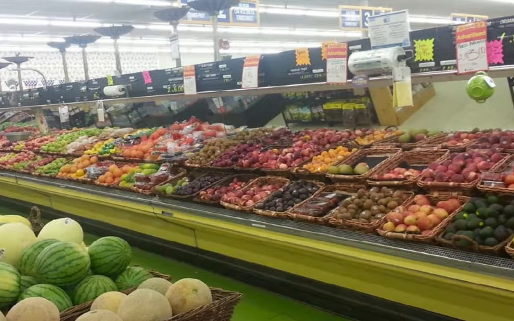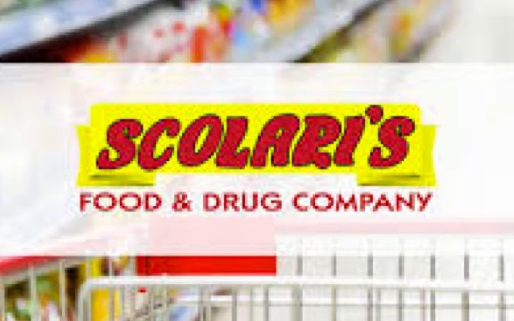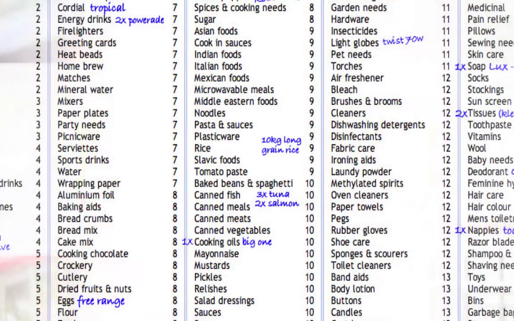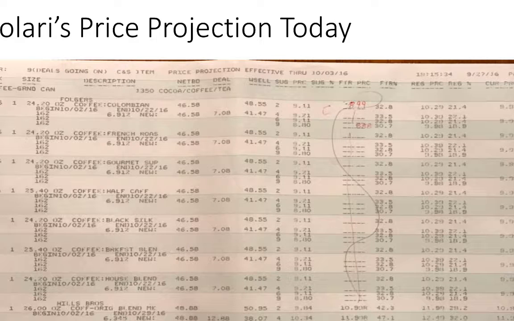This process, called our price projection, is critical to maintaining the correct profit margin for items in our stores when the cost of an item changes. The process we use currently has been around for many years. Our cost for an item changes every week, so we need a system to look at those items and recommend a new retail price so we make sure we are still making a little money when we sell something. We are a full-service grocery store chain, so we have over 60,000 items in our database that we sell in our stores. This is what the price projection report looks like today.